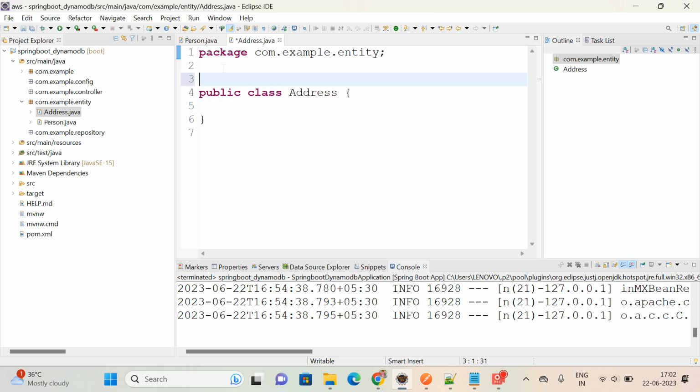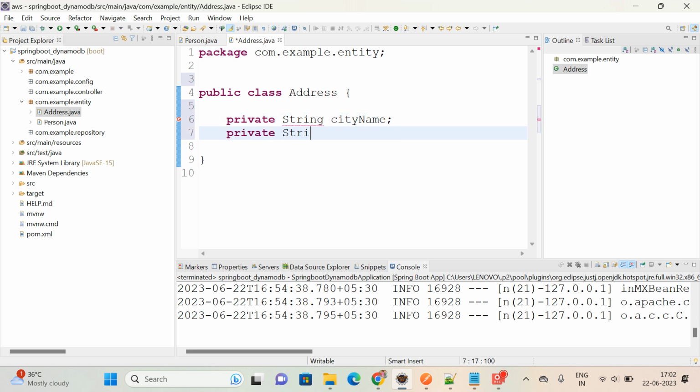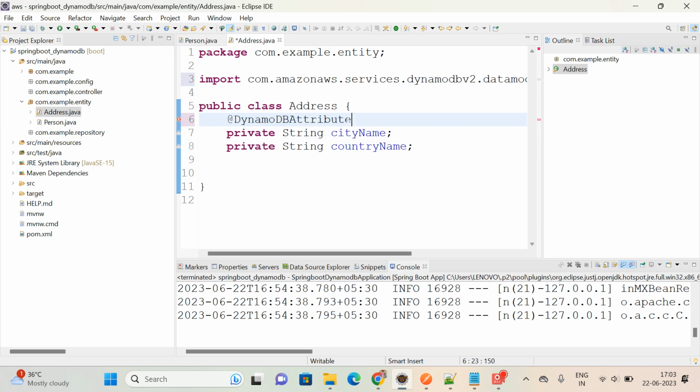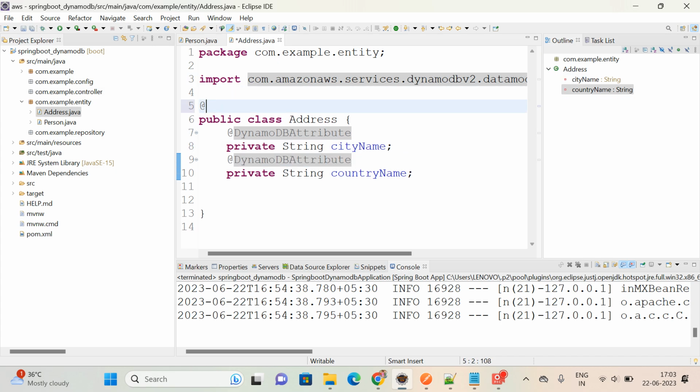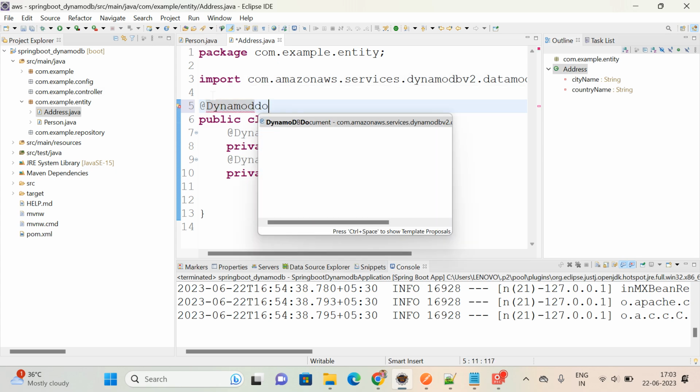So inside this address, just consider private String cityName, private String countryName. Just for sample, I am defining these two things. Control V, DynamoDBAttribute, Control V. These are the two DynamoDB attributes, and this particular address is a DynamoDBDocument,